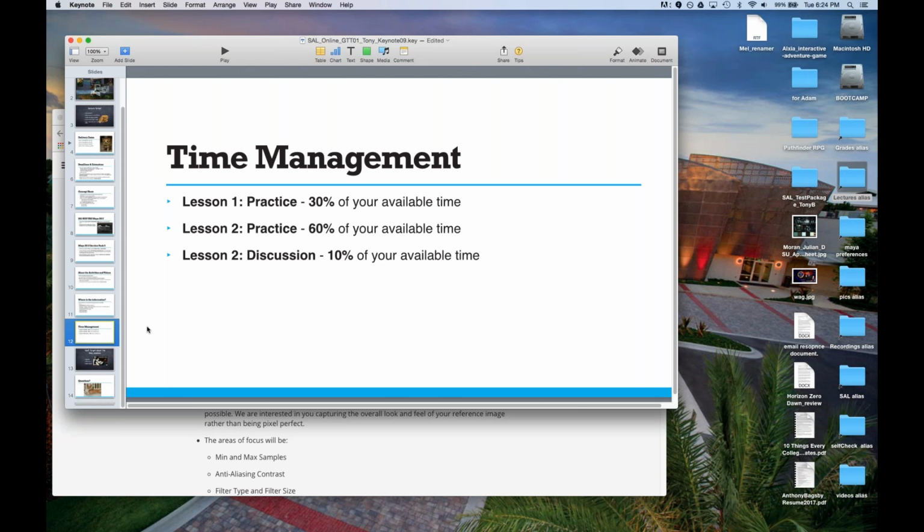So we're expecting you to spend a lot more time on the second assignment instead of the first. That's not to say you should slack off on the first assignment, but about 30% of your time on the first assignment, about 60% on the second one, and 10% or less on the discussion boards. You do have graded discussion boards. Make sure that you do actually get to them.